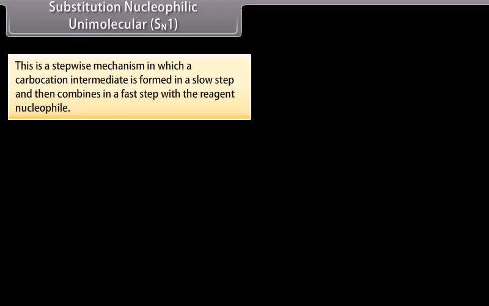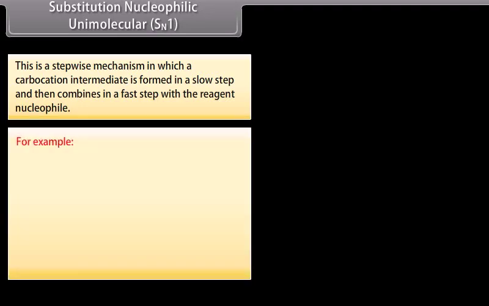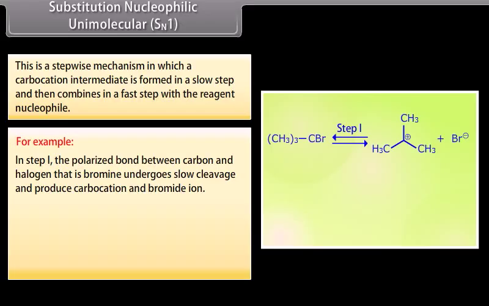Substitution nucleophilic unimolecular SN1. This is a stepwise mechanism in which a carbocation intermediate is formed in a slow step and then combines in a fast step with the reagent nucleophile. For example, in the first step, the polarized bond between carbon and halogen, that is bromine, undergoes slow cleavage and